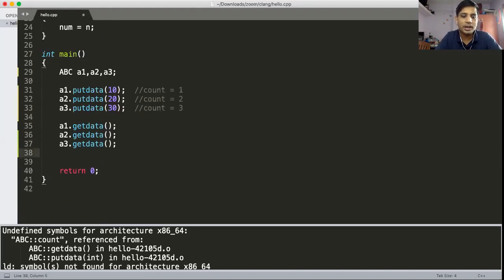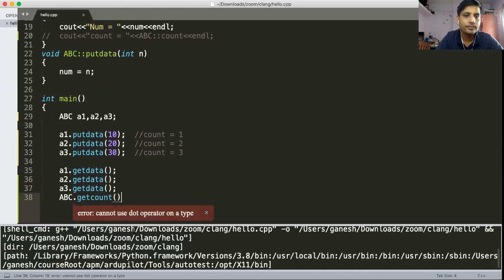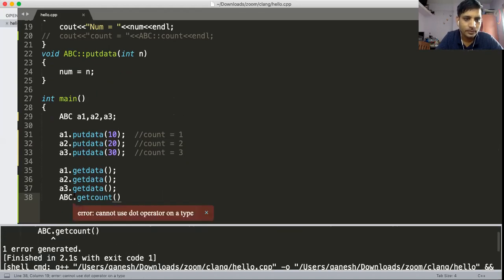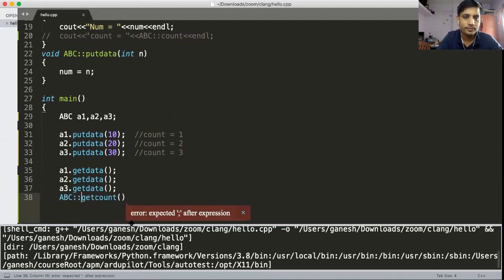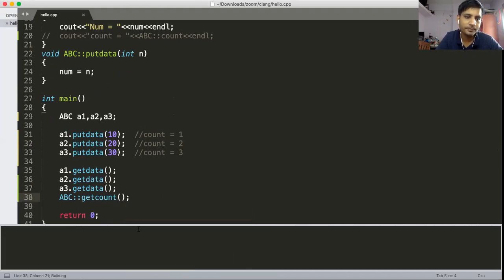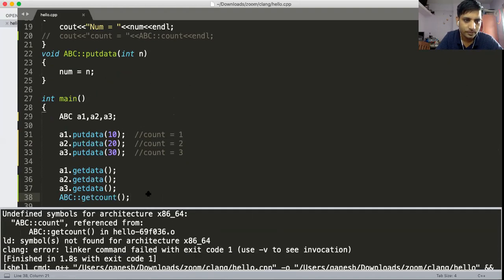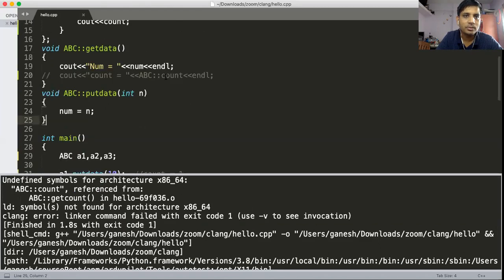And now the static function I can call by using its class name, with the colon colon. Semicolon should be there. Control B. ABC count.